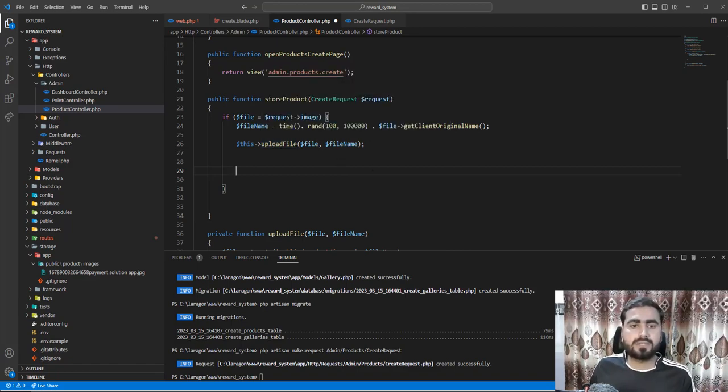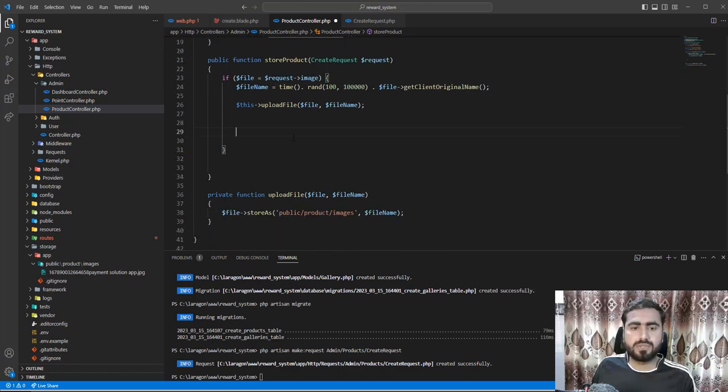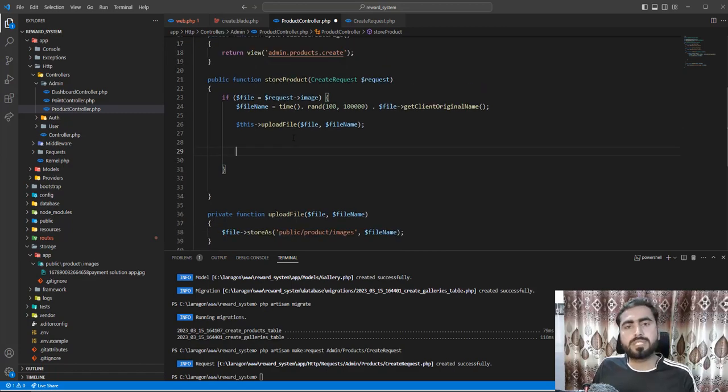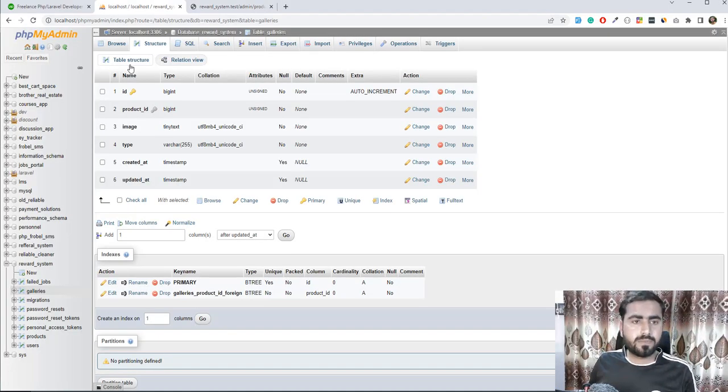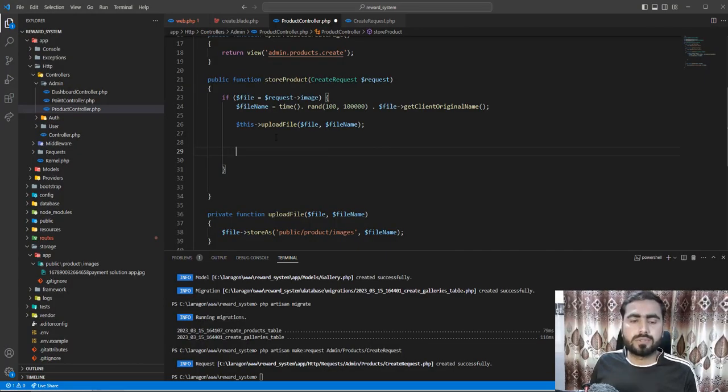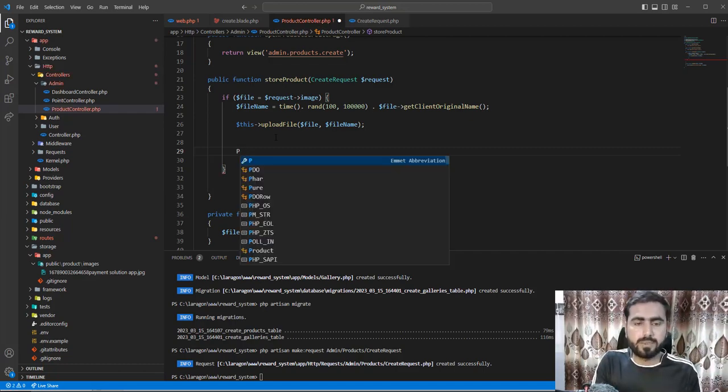Okay. And then after this uploading stuff, we need to store this image into the database. So how we will store this image into the database? First we need to store the product into the database, because our product foreign key is here, right? So we need to first create the product, and we need to store the product ID into the galleries table. So now let's add the product model here,